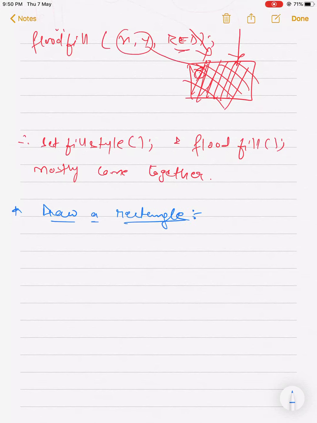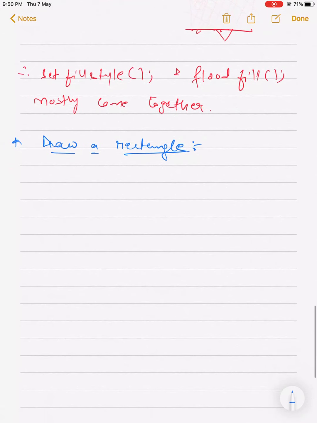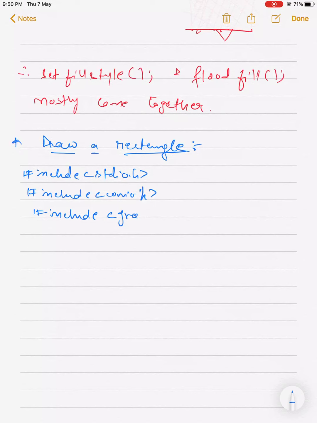Now let's see how to draw a rectangle. First of all, I'm mentioning this important thing, I'm writing this every time, because you should not forget it.